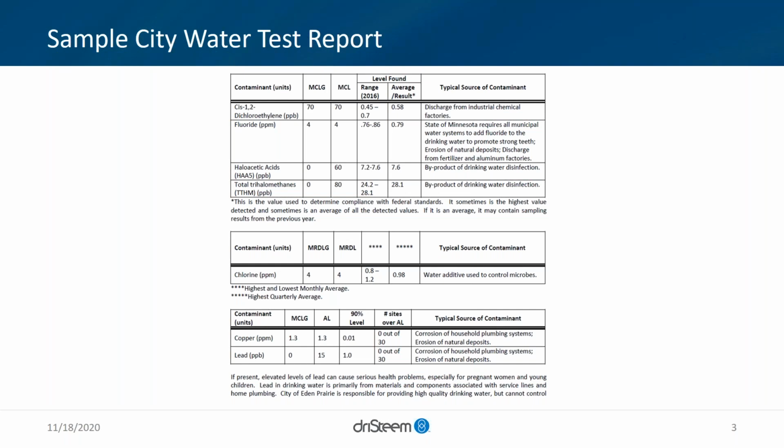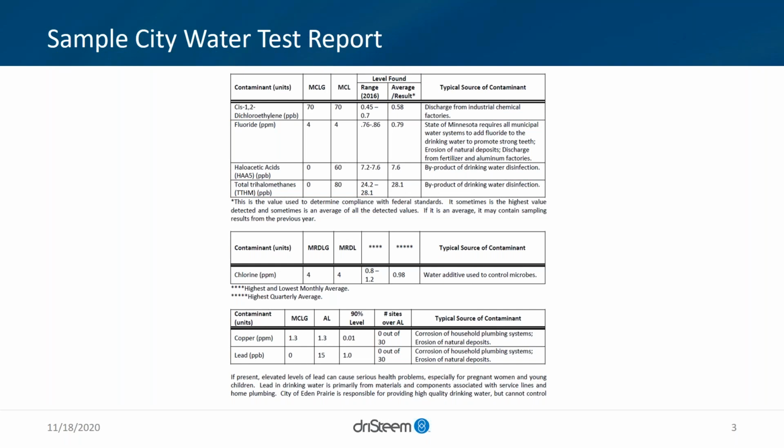Not all water reports look like this, but essentially, the couple of different things you're going to see are what contaminant it's searching for. Whether this is a city report or a third-party lab running these reports, typically you're going to talk about what the contaminant is and what the testing range or maximum allowed range is. That MCL piece is the maximum allowed contaminant level. So for example, if we look at chlorine on this screen, that's 4 ppm maximum allowed